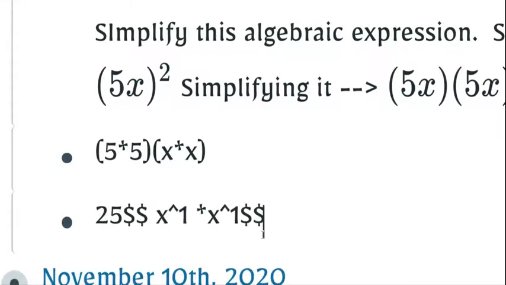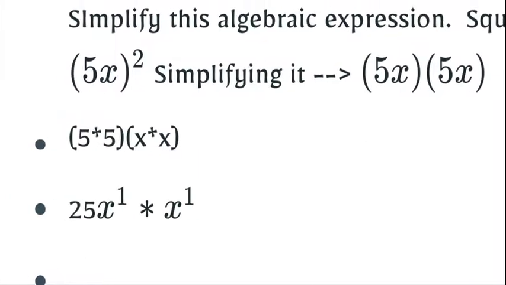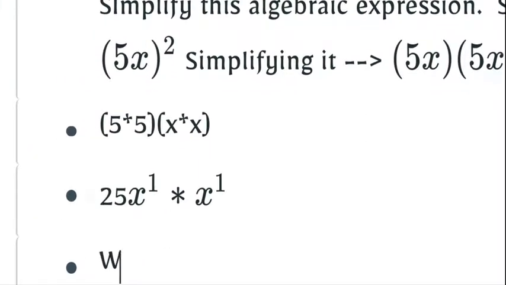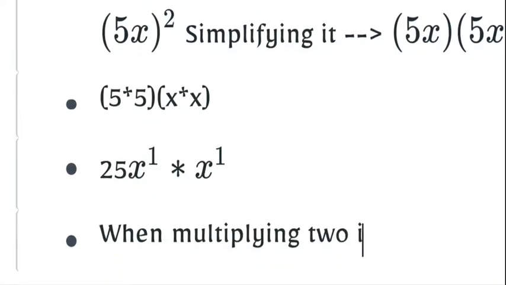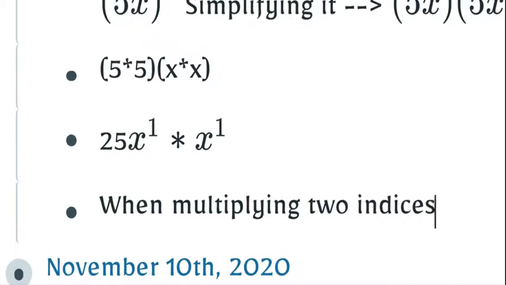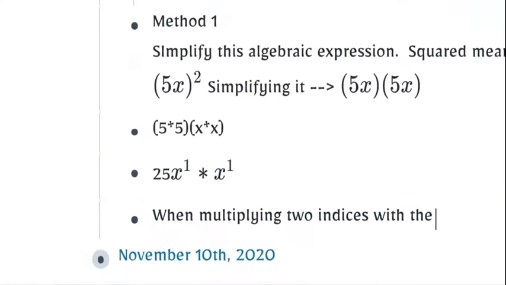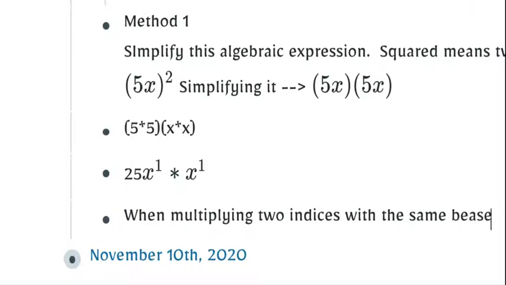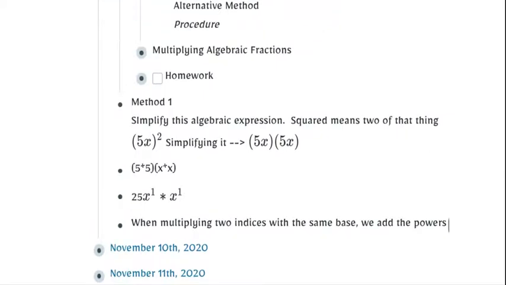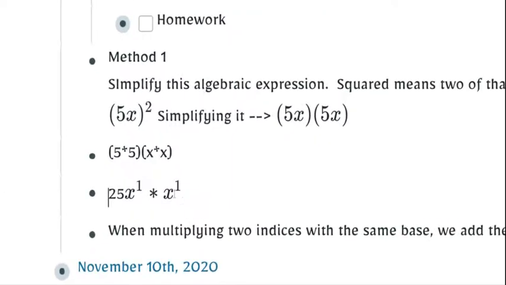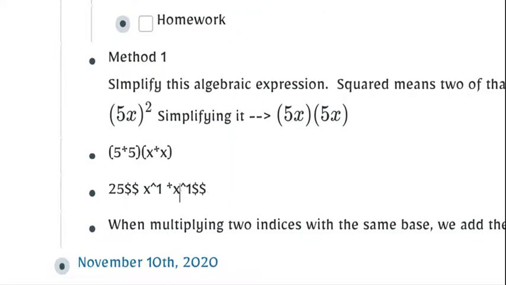Right. If you go back in your notes, you'd see where I told you that when multiplying two indices with the same base, we add the powers. With the same base, we add the powers. Go back in your notes, but remember, you have the notebook. You can go back there as well. We add the powers. So this would have essentially given us 25,